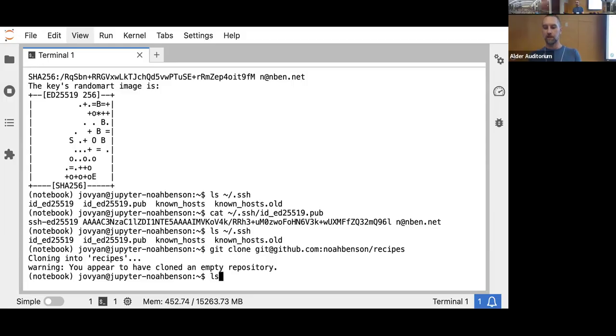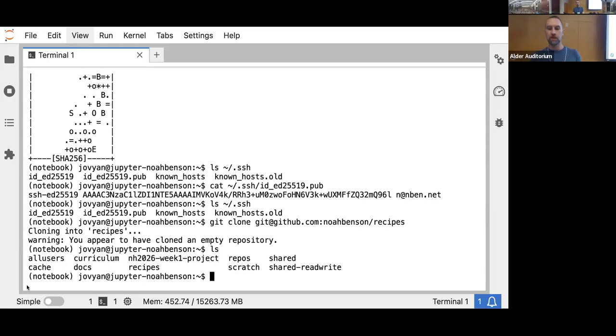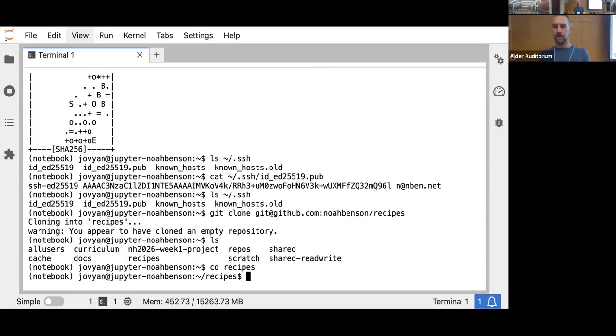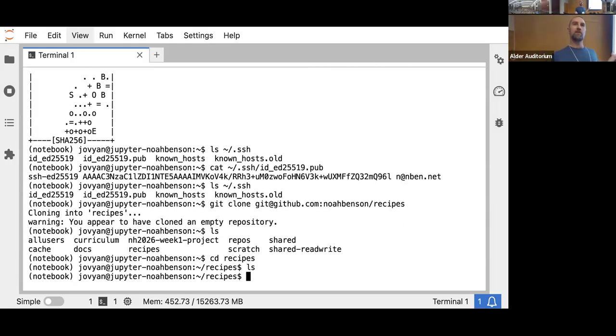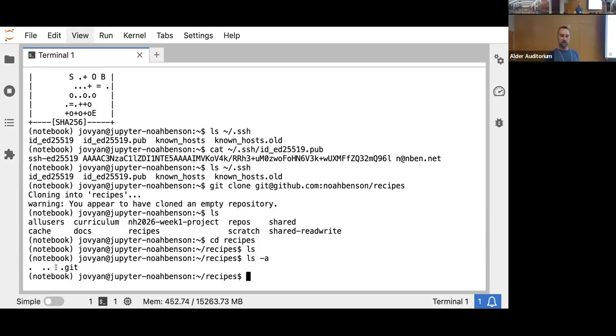But if I type ls now, there's all the stuff I had in here before, but there's now a directory called recipes. And if I cd into recipes, it's empty. It's an empty directory. That shouldn't surprise us because the repository is empty. But if I type ls space -a, which is list everything, even hidden files,